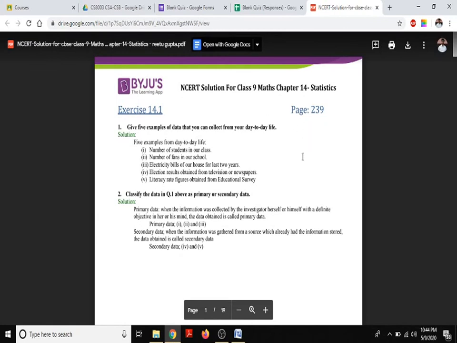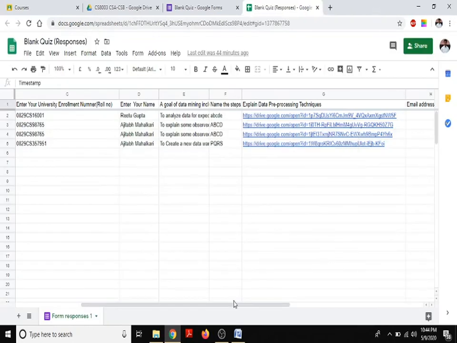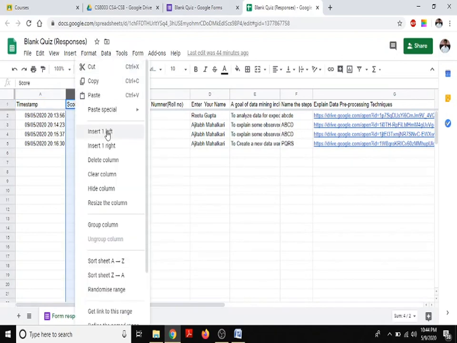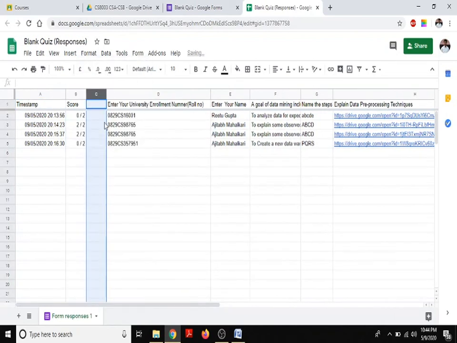So you can check the file, and whatever score you think should be given to the students can be given just by adding a column to it. You can record the scores here for short answer types and the evaluated PDF files, and that total will be the total of your MST quiz.